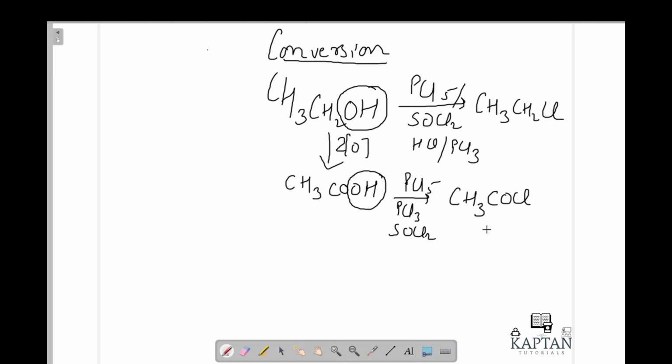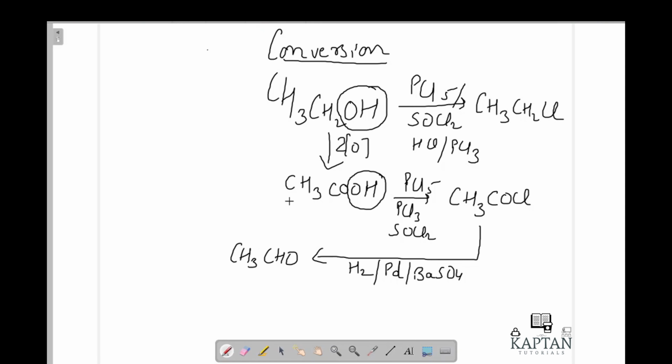Now this CH3COCl, suppose I want to change into an aldehyde group, so the reagent which I will use is H2, Pd and BaSO4. So what is it? It is the Rosenmund reaction, that is a name reaction. In this, now what will happen? This will carry out the reaction and will form a product. The product formed will be an aldehyde, that is CH3CHO. This is an aldehyde. We call it ethanal.